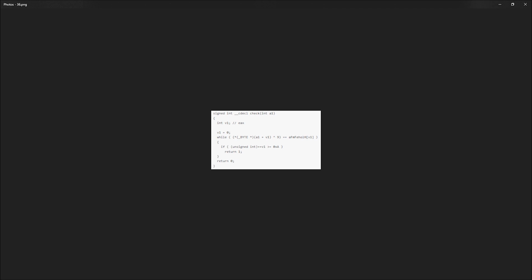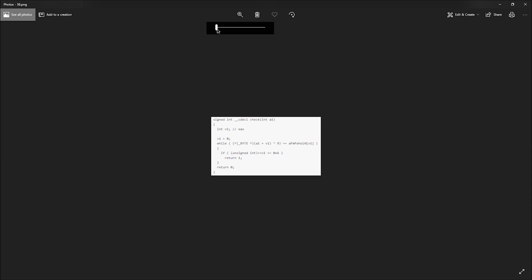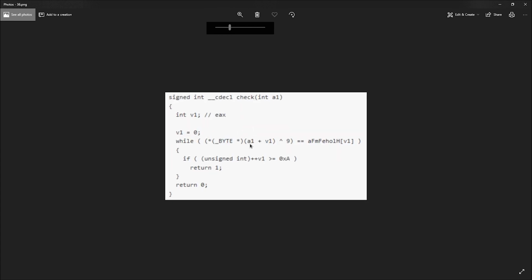So we've got a few things going. We've got the function which uses A1 as a base address, right? Okay, so we've got A1, and then we've got this V1 that it adds in. We can also think of it as just A1 V1. And then it has an XOR here,